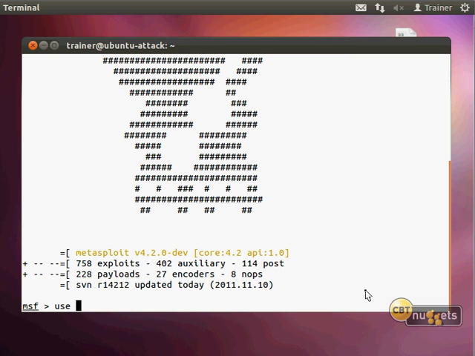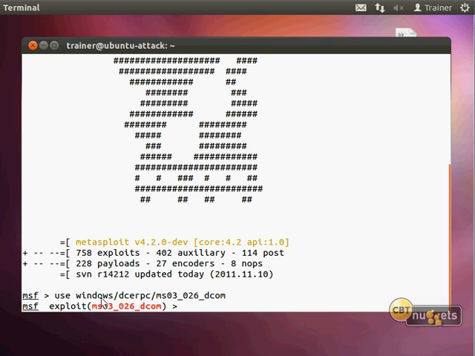To do it, I would do a use, and then I would specify which exploit I wanted. I want a Windows exploit, and it's DCERPC MS03. Let me explain what 03 here is. I can't talk and type at the same time, so let me just do it that way. 03_026_DCOM. Okay, this might look familiar. If you look at Microsoft security bulletins, they're named in this fashion, and this is specifically going to exploit a known weakness with Microsoft operating systems. So I'm going to go ahead and use that exploit.